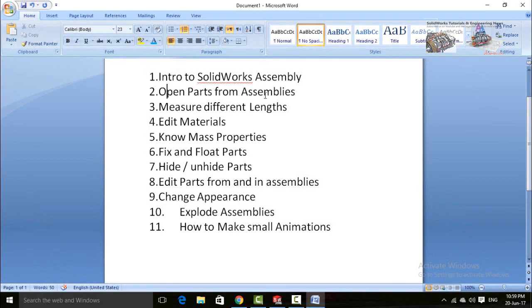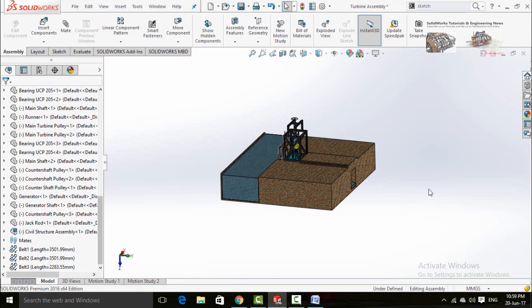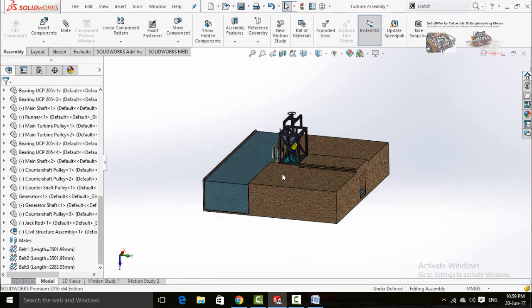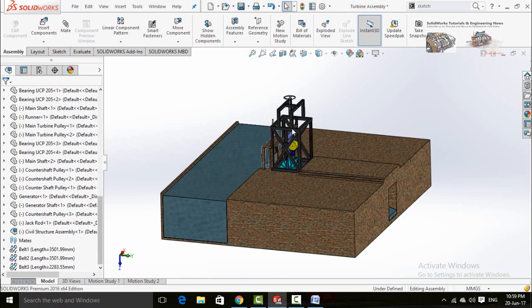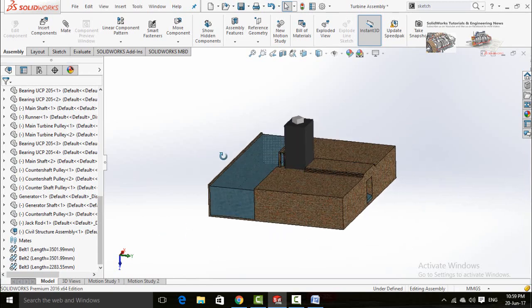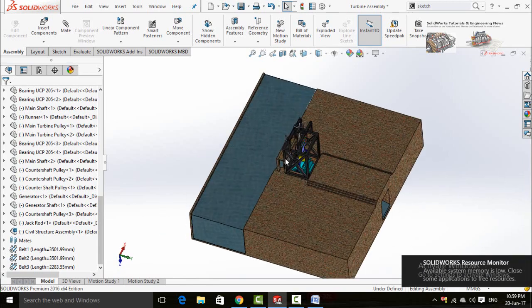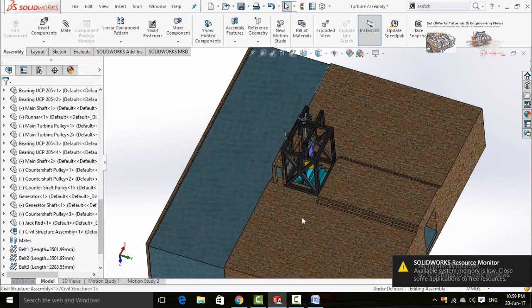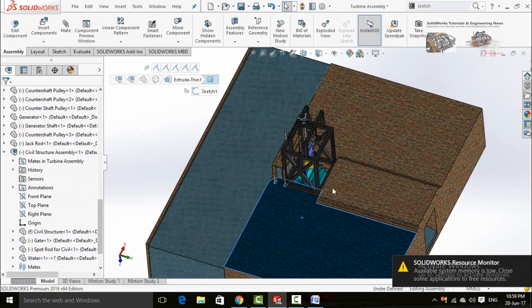How to open parts from assemblies. Basically this is a model hydropower system. This is the main canal and this is the link canal on which this hydro turbine is installed. So to open any of the parts separately, just click on that part. Let's